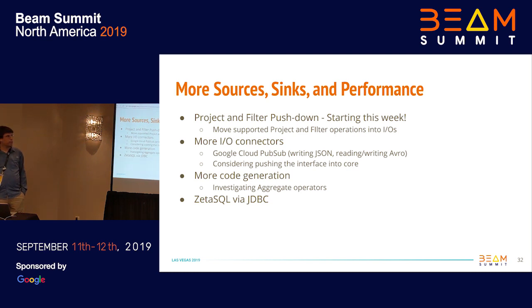So if you're doing something like selecting from BigQuery and joining to something else, you might have a big BigQuery table that contains columns that you aren't going to use in your join. And so right now we dump the entire BigQuery table. We do the filters in Beam, and then we do the join in Beam. And really we can take those filters and say, well, just send us the data that we care about